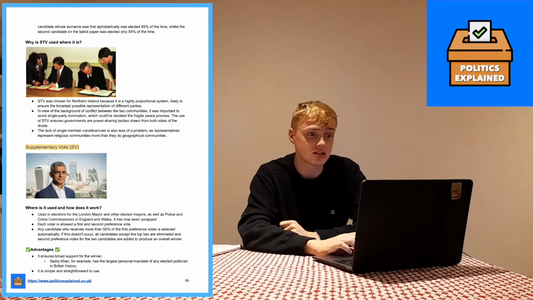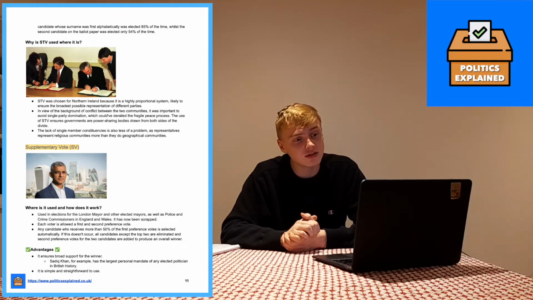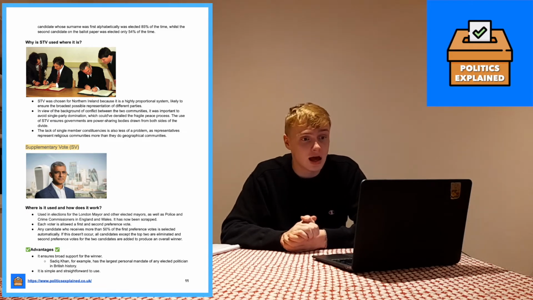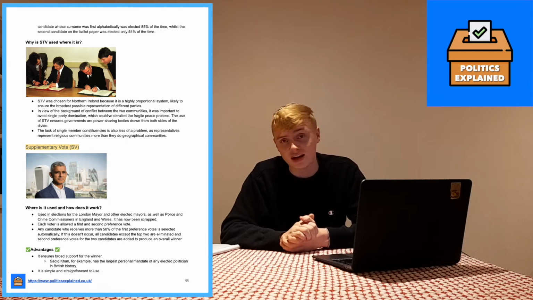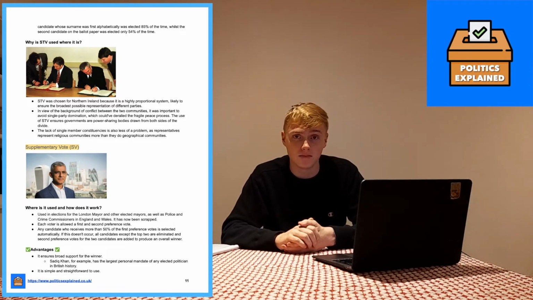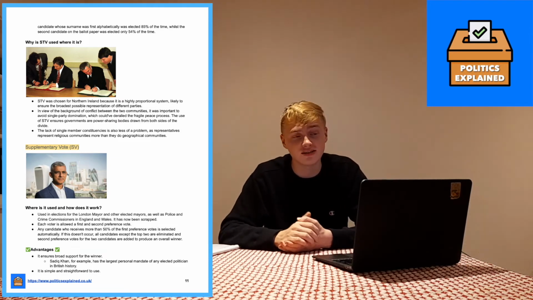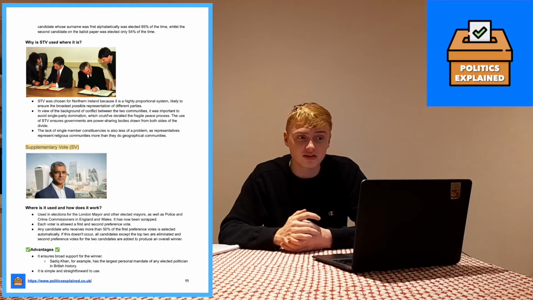So where is it used and how does it work? This is for Supplementary Vote, SV. It's used in elections for the London mayor and other elected mayors, and it used to be used for police and crime commissioners in England and Wales. That was recently scrapped and switched back to first past the post by Boris Johnson's government, I think. Each voter is allowed a first and a second preference, and any candidate who receives more than 50% of